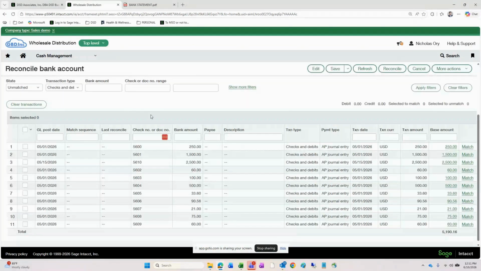So I have my bank statement. I know from that bank statement, the first check that I have issued is check number 5600 for $250. Remember, this is going to be a manual reconciliation that we're performing here. So from this, I can check that. When I check it in the selection menu, my debits increase to $250 and it says selected to match is